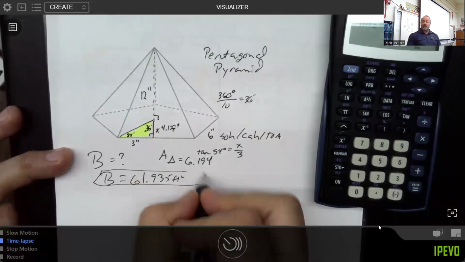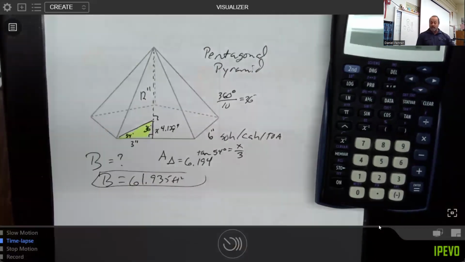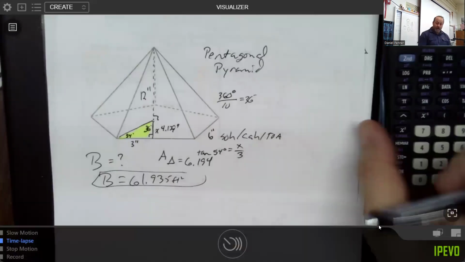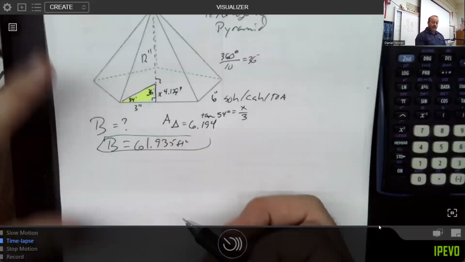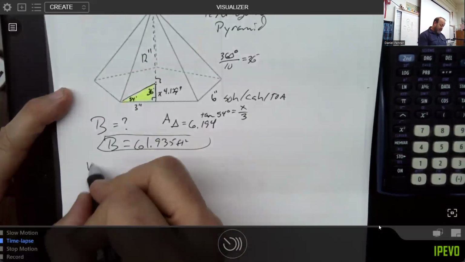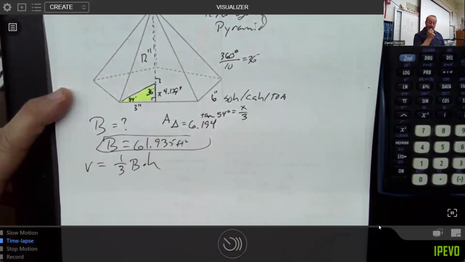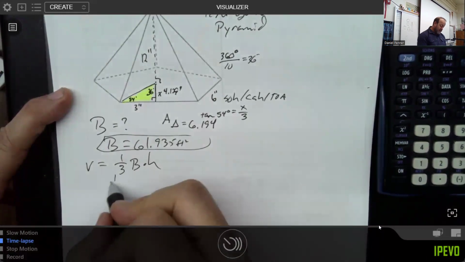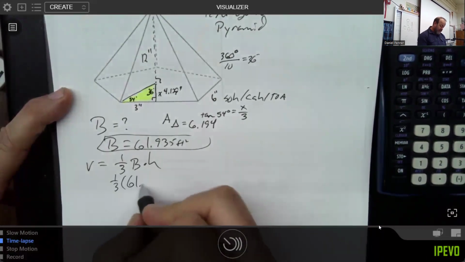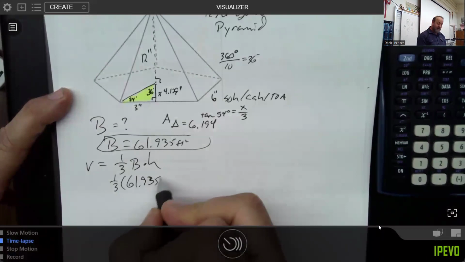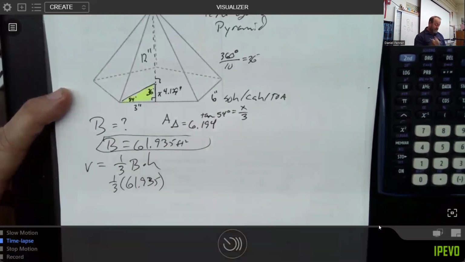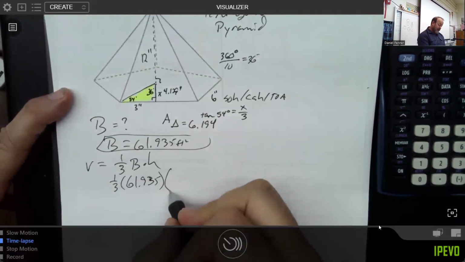Okay, so now finding the volume becomes trivial. Now, this is a little bit of a surprising formula. It's not what people normally think, but it turns out the volume of a pyramid is 1/3 the area of the base multiplied by the height of the shape. So that would be 61.935, the area of that base. That's what I spent the most time of this problem doing, times the height,